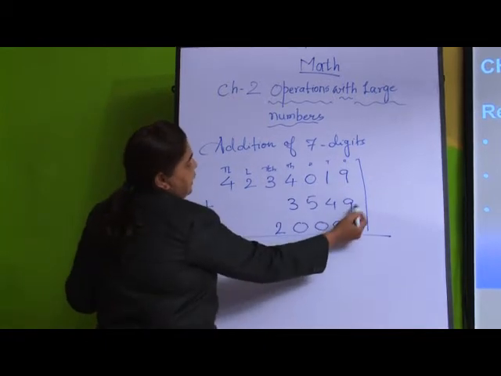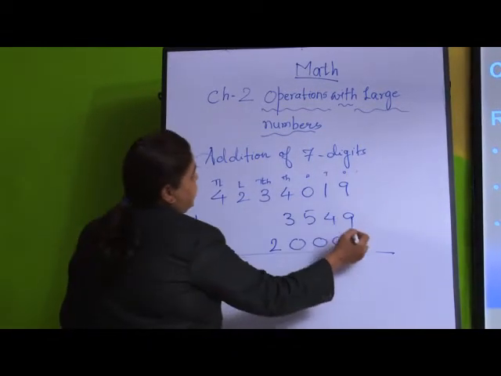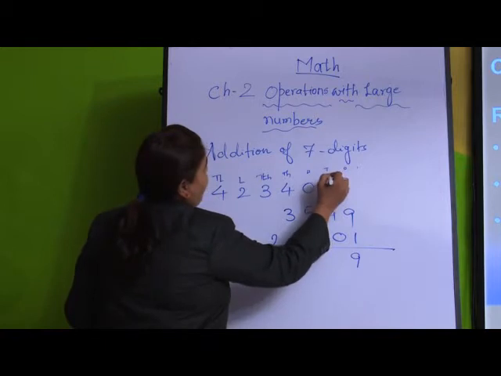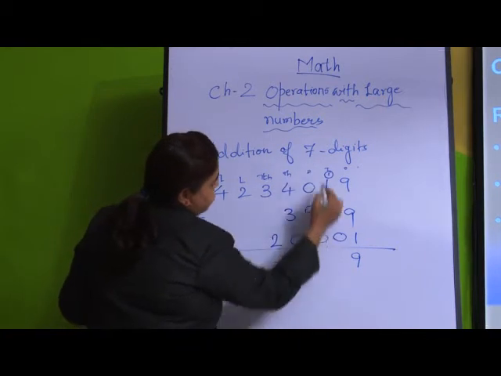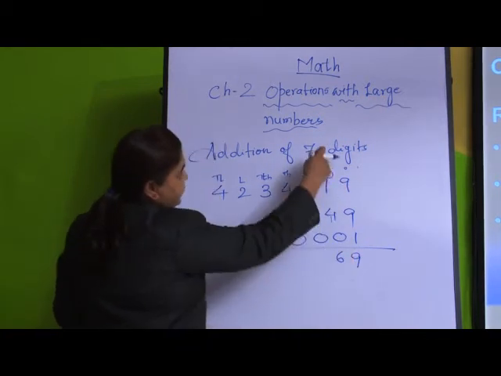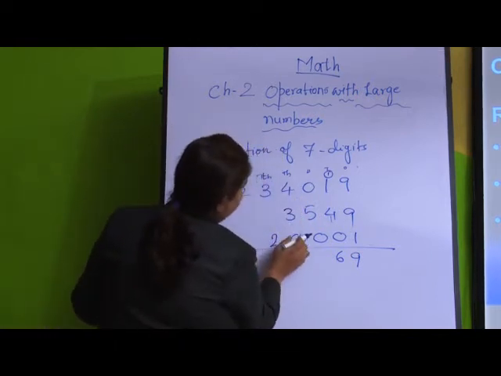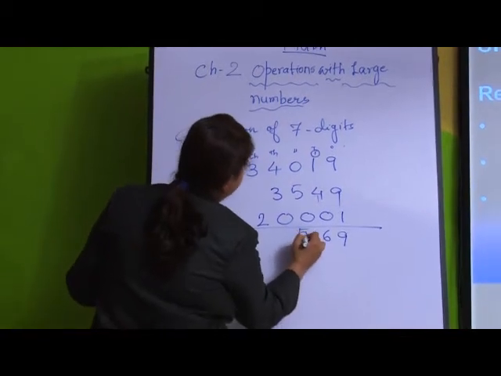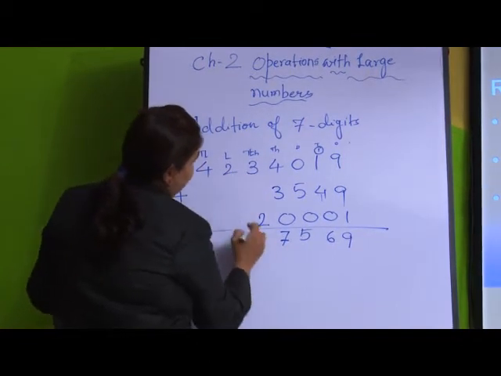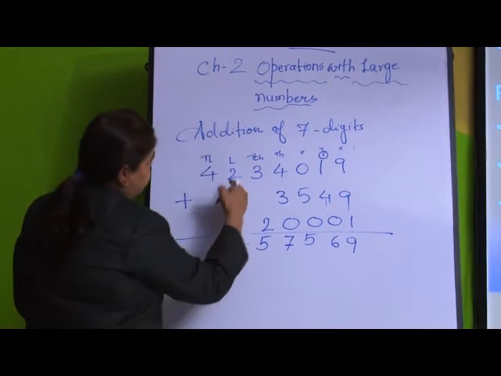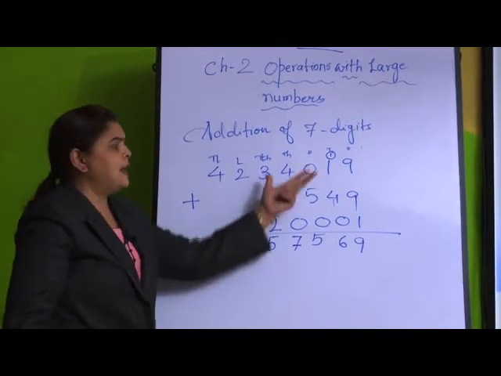Here 9 plus 9, 18, because it is 2 times. So, 9 plus 9, 18 plus 1 is 19, 1 carry. 4 plus 1 is 5, plus 1 is 6. What should I do? I should write in a line, one under another. Next, 5 plus 0 is 5. Here 4 plus 3 is 7. I don't have any number here. So, 3 plus 2 is 5. I don't have any number here. So, as it is, I will write here 2 and I will write 4. So, this is very simple addition.